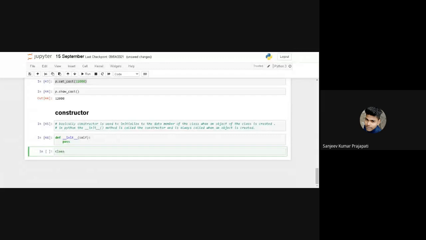So I'm creating a class EMP. Okay, then after that create a constructor, def init. It contains the arguments self, name, age, salary, and gender.